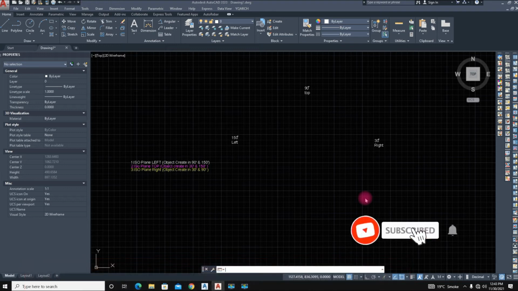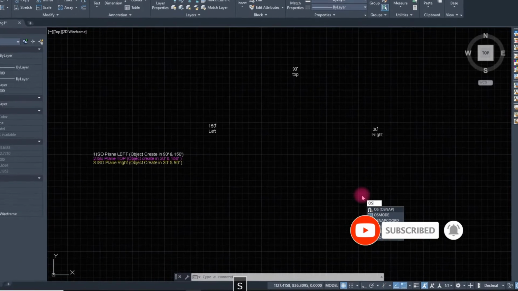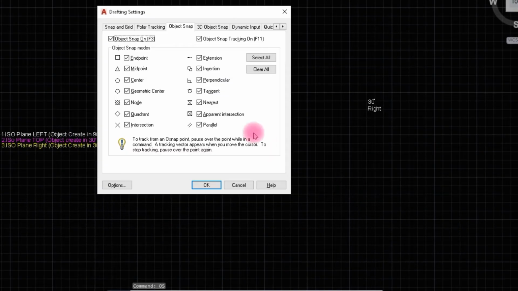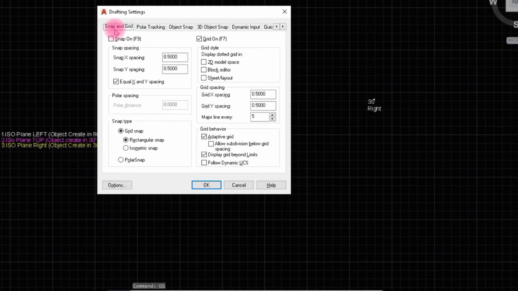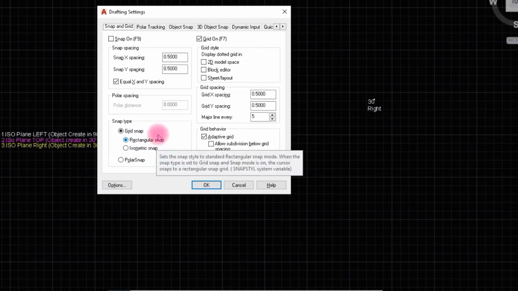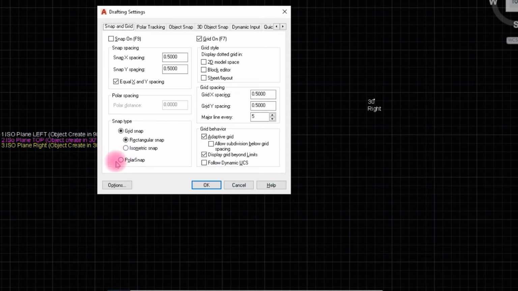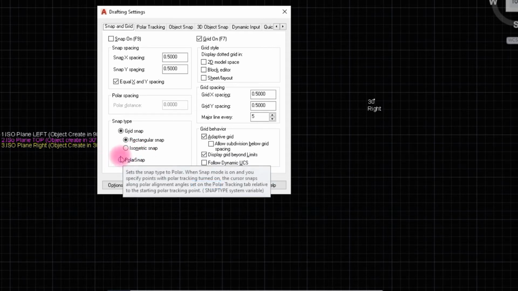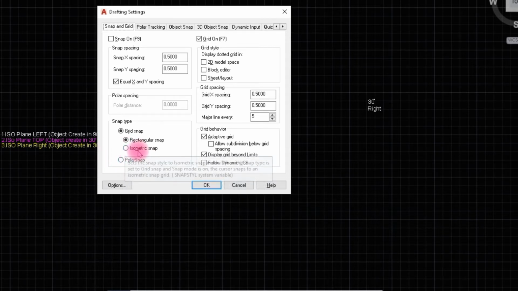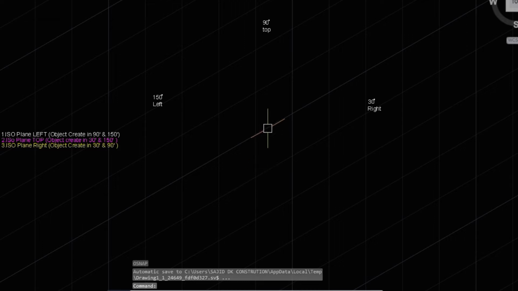Let's start. Before we enter the OS command, we just type OS here and press enter or space, and select snap and grid. Here we see a rectangular snap and an isometric snap. If we are working on a polar degree, we just click on that. First I will show you the isometric snap setting. Just click on it and click OK, and here is the view, which has